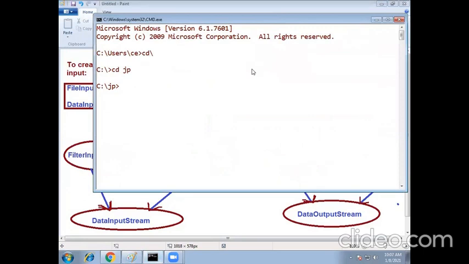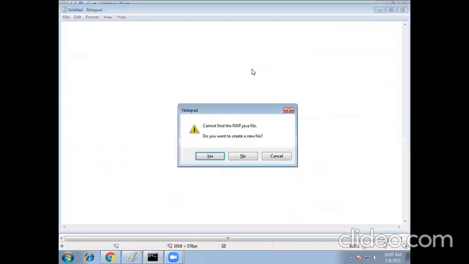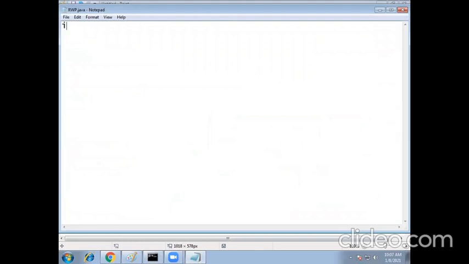Now let us take one empty file, notepad. My class name is RWP, ReadWritePrimitives.java. First write the import statement: import java.io.*, because all these classes, FileInputStream, FileOutputStream, DataInputStream, DataOutputStream, are available in this package only.